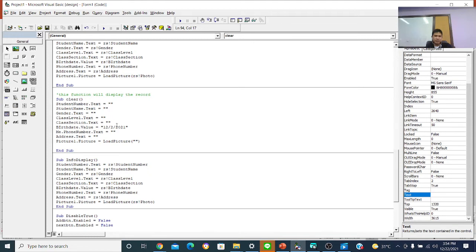You can see all of this will become spaces, and the birth date will become a date 12 to 2021. Again, you should go to the me.phone number, or you can also say PhoneNumber.Text is equal to space. So maybe in your form there is a mask, so you should change this, okay? Change this to PhoneNumber.Text is equal to space, so that